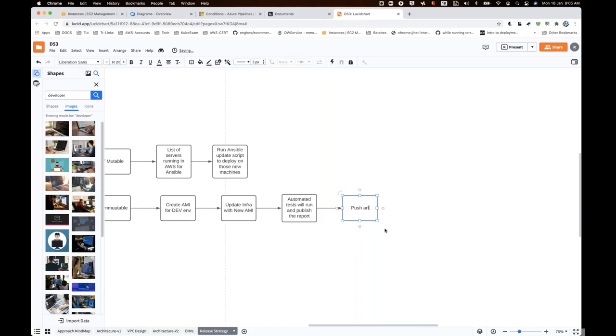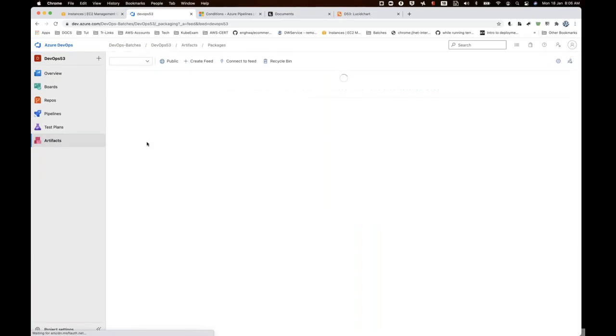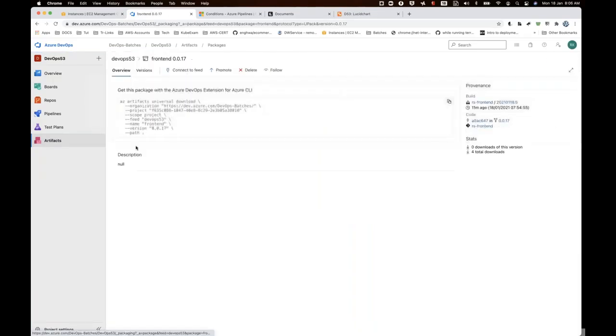I'll be pushing the artifacts to the next environment. I think I was talking about this the other day in the Ansible session, about how you make your artifact promotion.